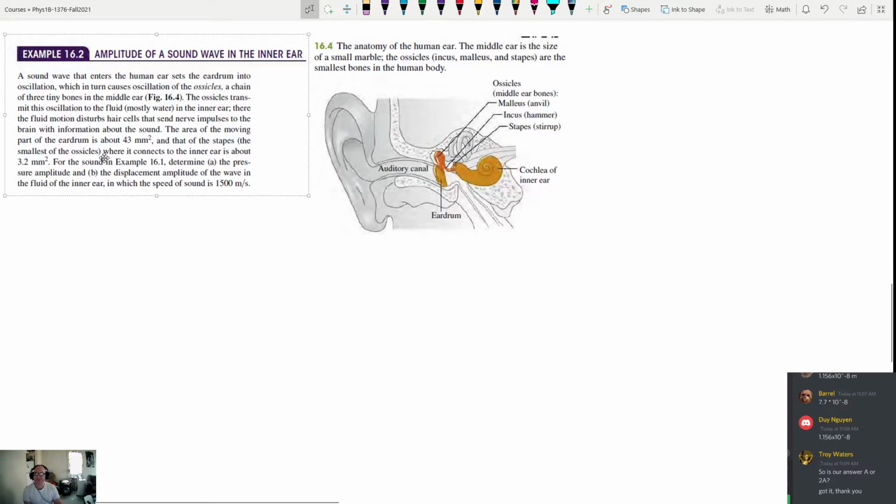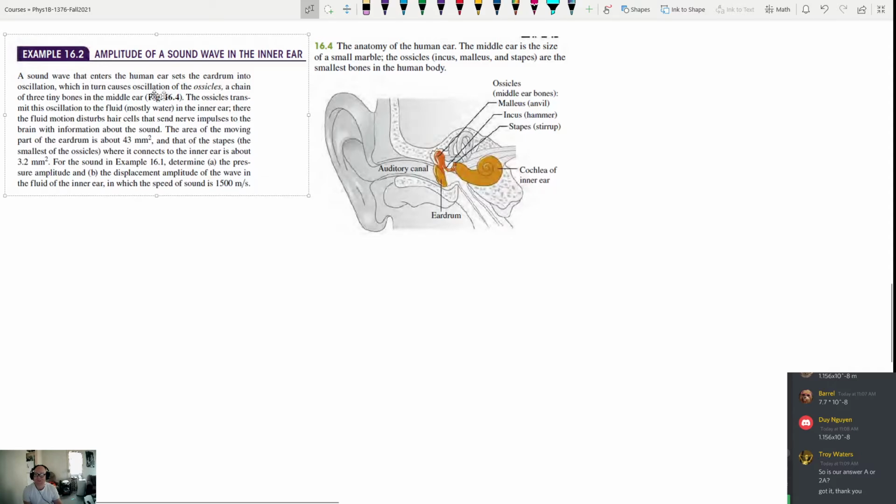Anyway, here's the problem. It says a sound wave that enters the human ear sets the eardrum. So where's the drum? Oh, right here. There's the drum. Then here's the auditory canal. So this is the outside ear. This is the part that comes into your ear, and here's the drum. This is the part that does the vibrating that we then interpret via this mechanism of whatever's going on inside of here. Okay, so it says a sound wave that enters the human ear sets the eardrum into oscillation,